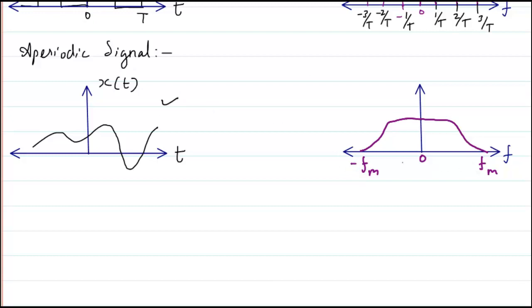For example, our voice signal, or my voice signal that you are hearing right now, exists from close to 300 hertz to 3 kilohertz. That's the human voice signal range. So like that, different signals will have different ranges of frequencies, and this you will be able to find out with what is called the Fourier transform.